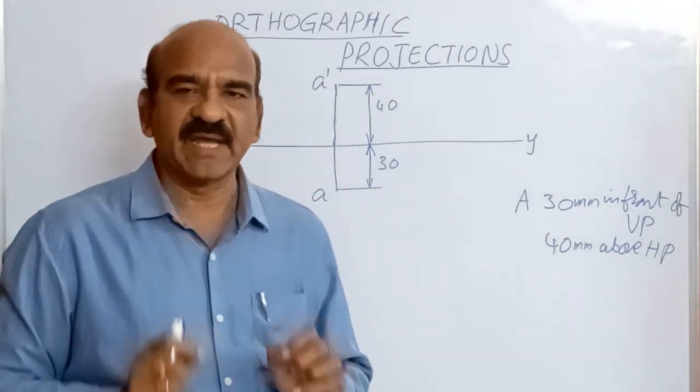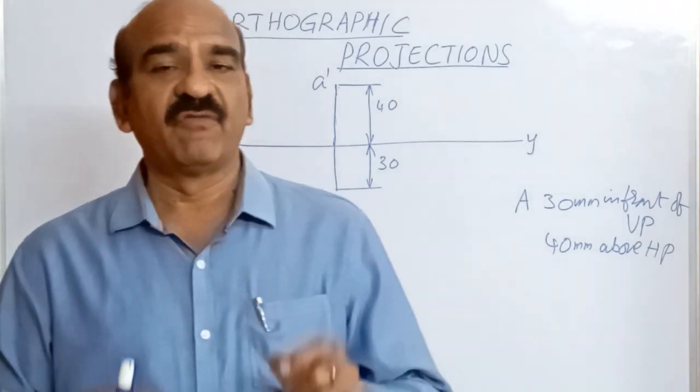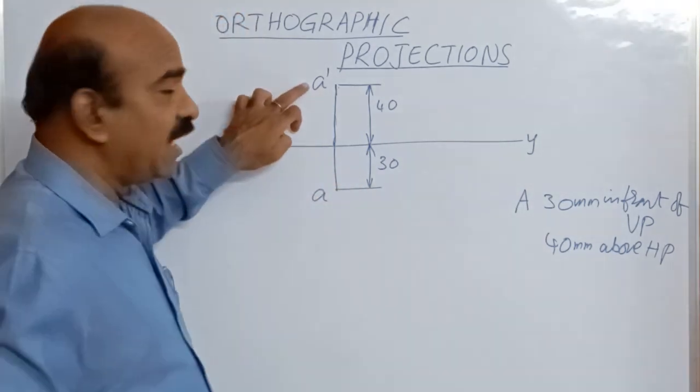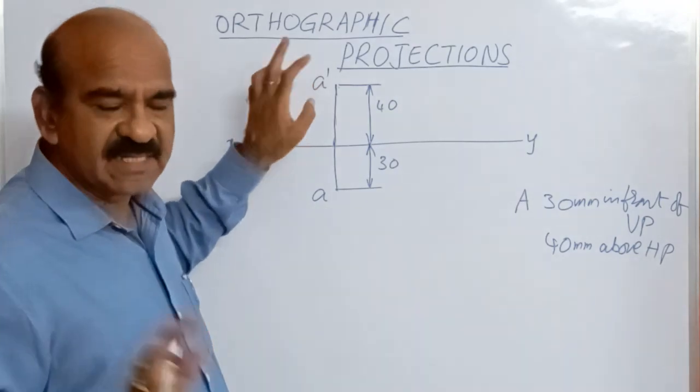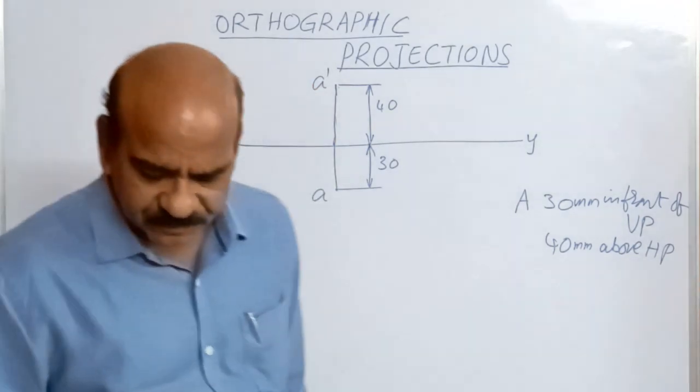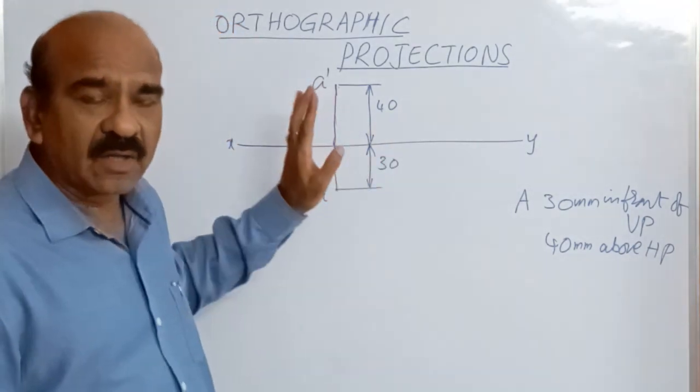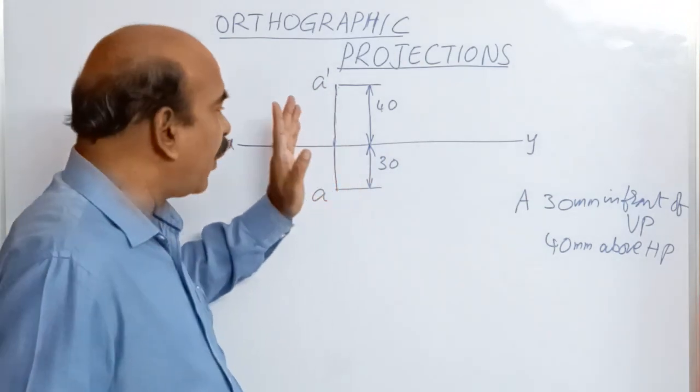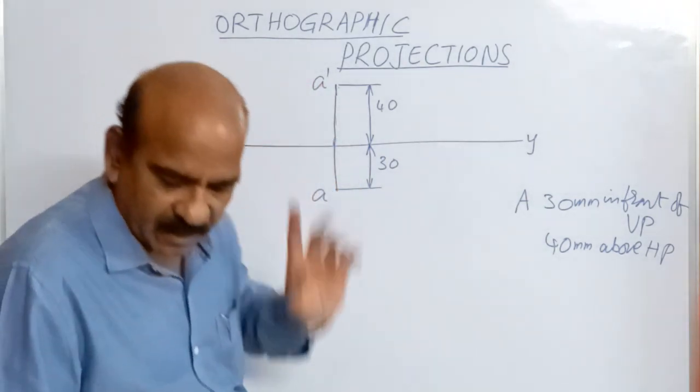Simply the top view is indicated with a small letter, front view is indicated with a small letter and a dash. That is the only difference. So we got the orthographic projections of the point called A here. Now,